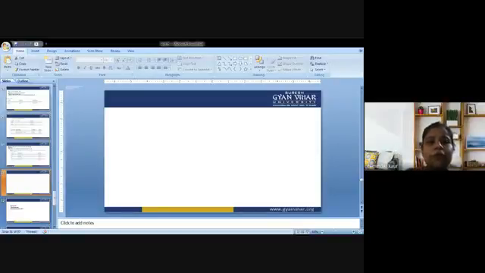So inner join we have already done. Next is left join. Left join will return all the records that are in the left table, plus if there are any matching records on the right hand side, it will also return those. So let's have a look at the syntax first.